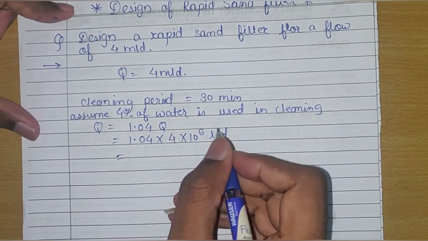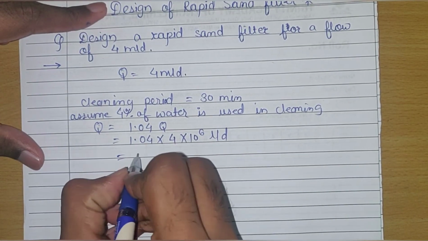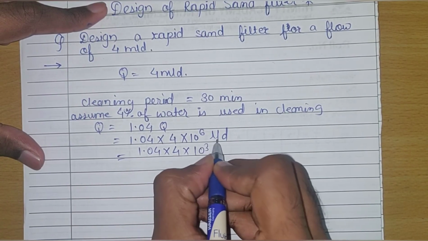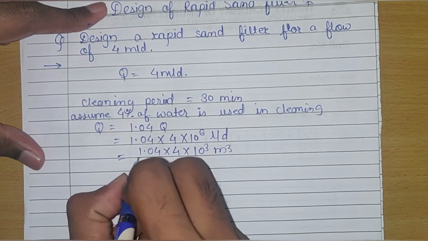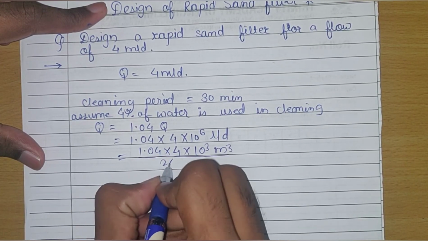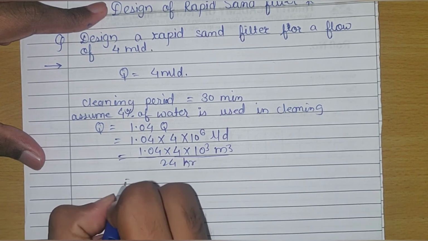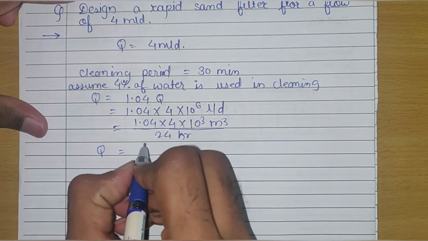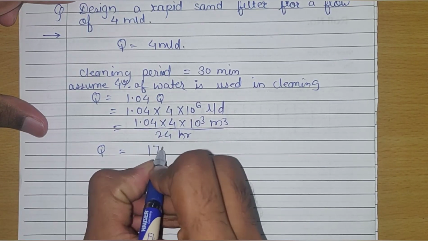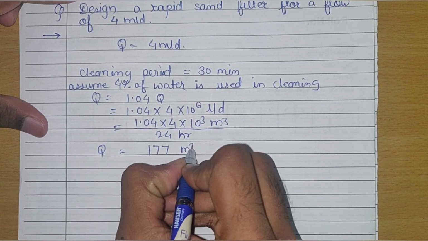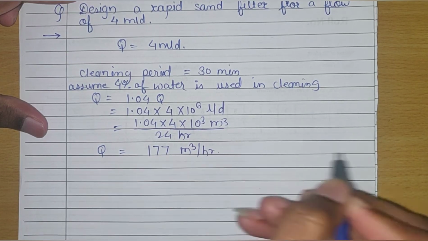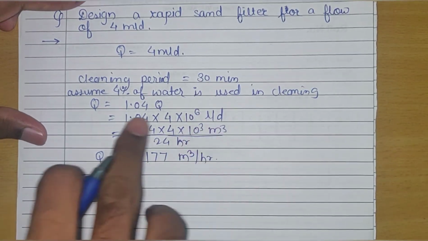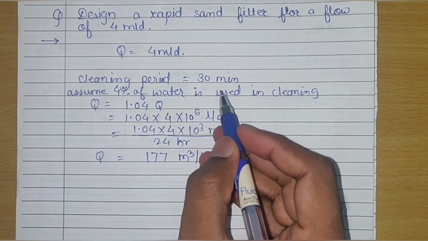So let's convert it into meter cube per hour. 1.04 into 4 into 10 raised to 3, and 10 raised to 3 liter means meter cube per day. 1 day is equal to 24 hours. So after solving this, you will get the quantity of flow in meter cube per hour, and it will be 177 meter cube per hour. Okay, wait, here in one day we are